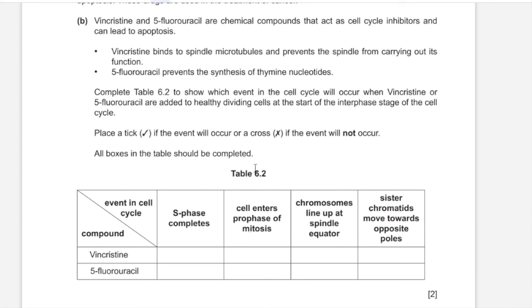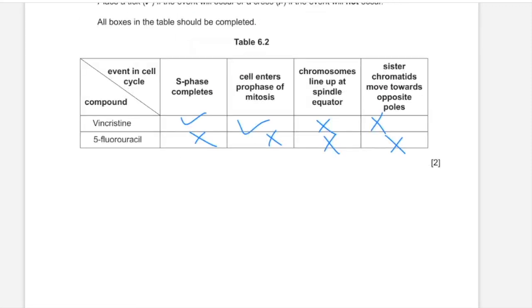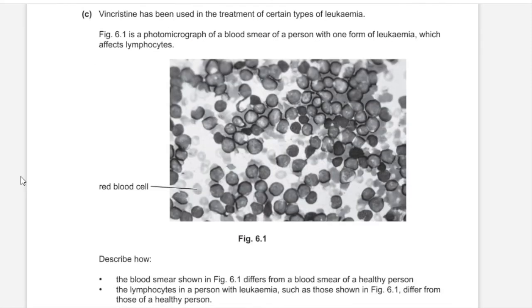5-fluorouracil prevents synthesis of thymine nucleotides. The nucleotides are required during the S phase, which is the DNA replication, to build new strands, and that means S phase will not be completed, which means the rest of the events that follow S phase would not be completed either. C. Vincristine has been used in the treatment of certain types of leukemia, which is the cancer of